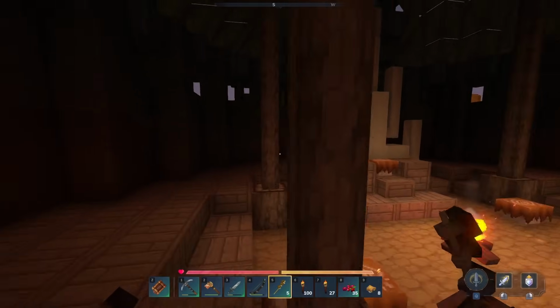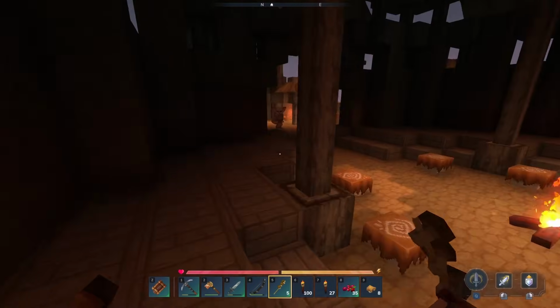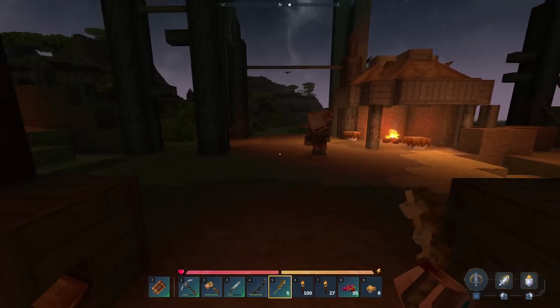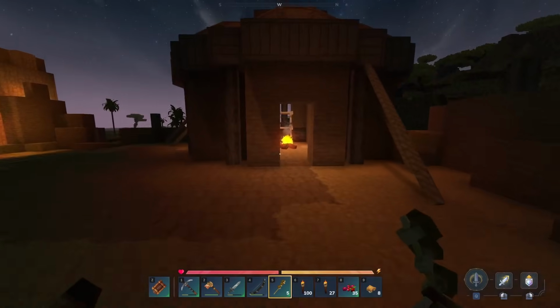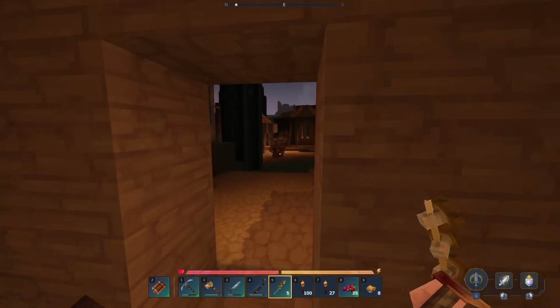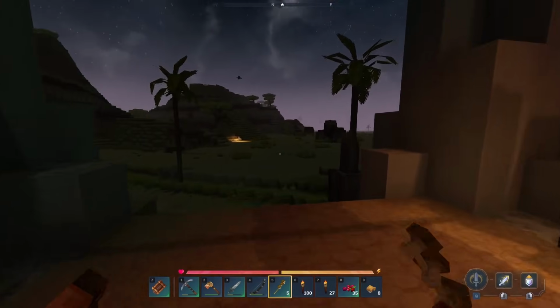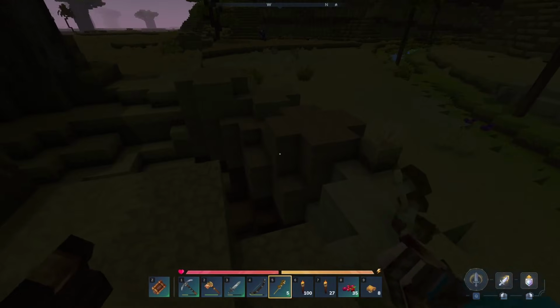What is this? This is like a little meeting hall area. Oh, this is cool. Desert has friends. Desert has friends. There is a chest in here as well. We're getting a lot of chitin, which is interesting. I don't know what that's used for. But what I'd like to do...